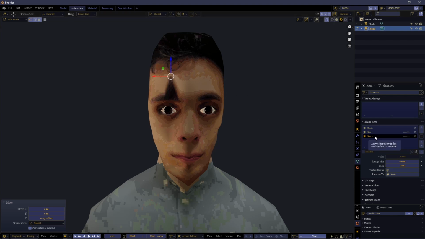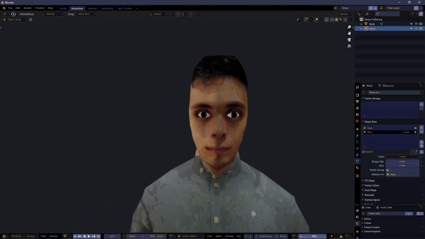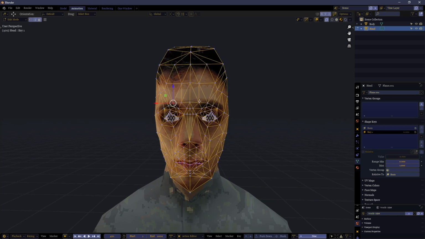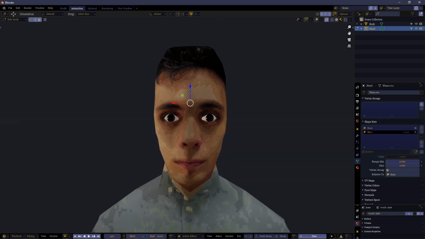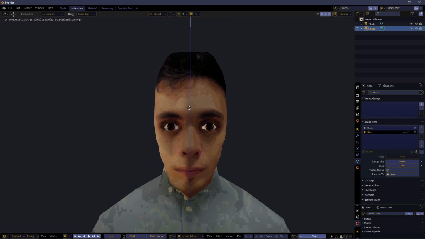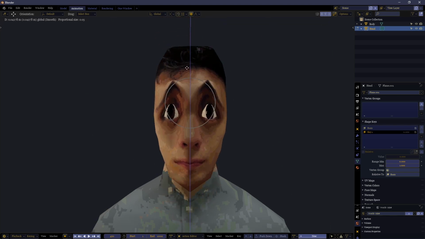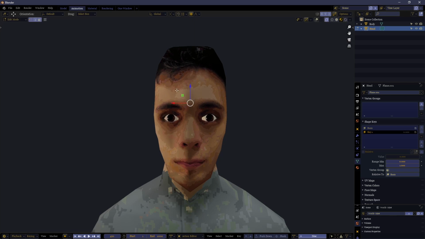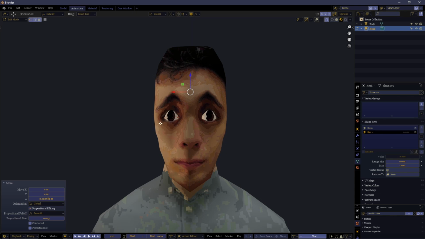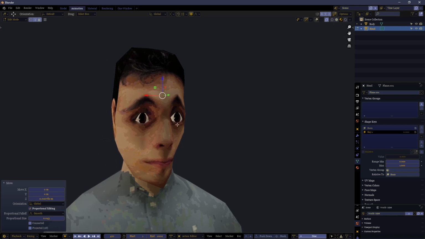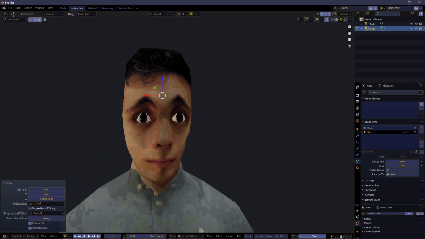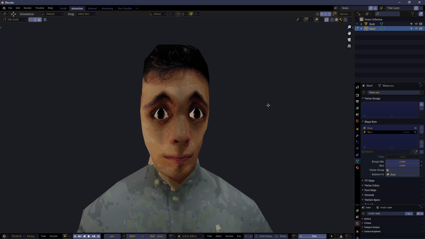The easier solution is just to have one shape key, which changes, let's do it more properly this time, turning on proportional editing, selecting the two vertices here, scrolling down to reduce the area of change, and just bringing the eyebrows up a little. Now it's changing the eyes. I'll get back to that in a moment. Again, this is still just demonstration. So we have animated a shape key to raise the eyebrows. You can call this brow up or something if you want.